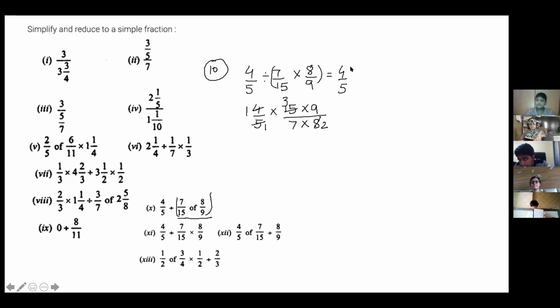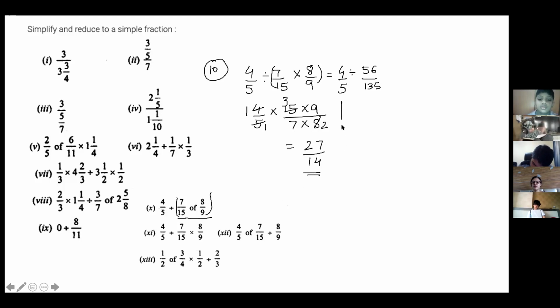We can simplify. Ma'am, I got the answer, 7 upon 14. You can 27 upon 14, ma'am. Wait, 56 upon, you can write like this also, Abdullah Patel. Ma'am, answer is 3 upon 2. You can do like this also and then multiply, or you can do like this also. 5 ones are 5, 5 threes are 15. What else is there? Answer is 3 upon 2, ma'am. If you simplify 27 upon 14, why? 27 upon 14, how will you simplify? Acha, ma'am, sorry, yes. You will not be able to simplify. Answer is 27 upon 14.